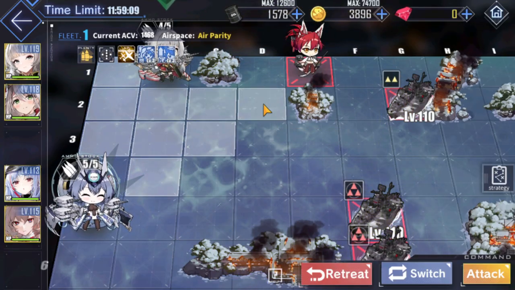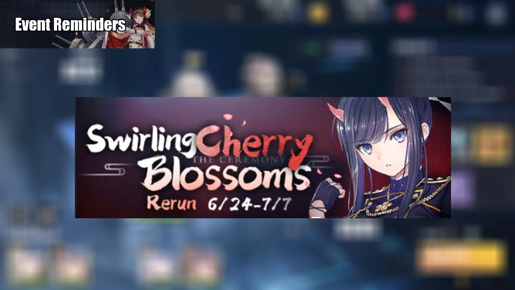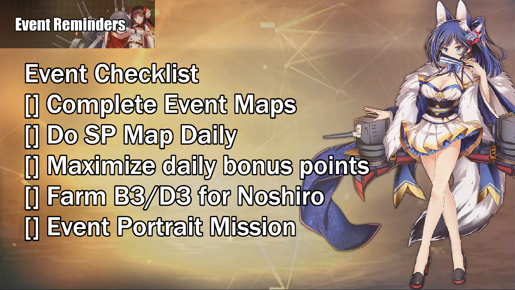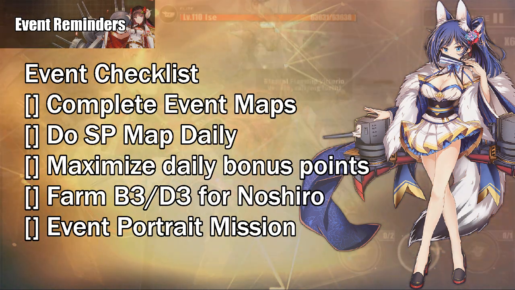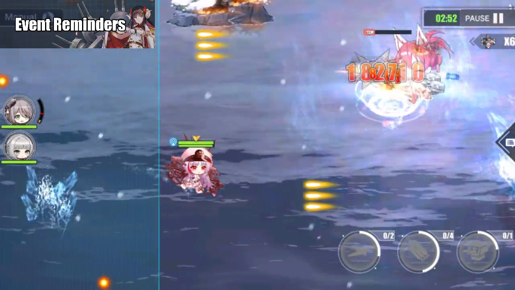Now onto our guide. The rerun of Swirling Cherry Blossoms will be from June 24th up to July 7th. If this is your first event, I highly suggest playing the event maps, because the humanoid enemies give more EXP points, and the event points you will earn can be used to buy good items in the event shop. Make sure to play B3 or D3 multiple times to unlock all cutscenes that can be replayed in your Memories